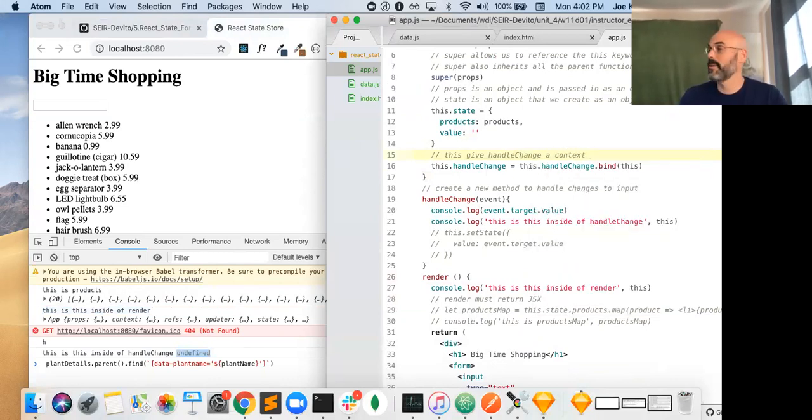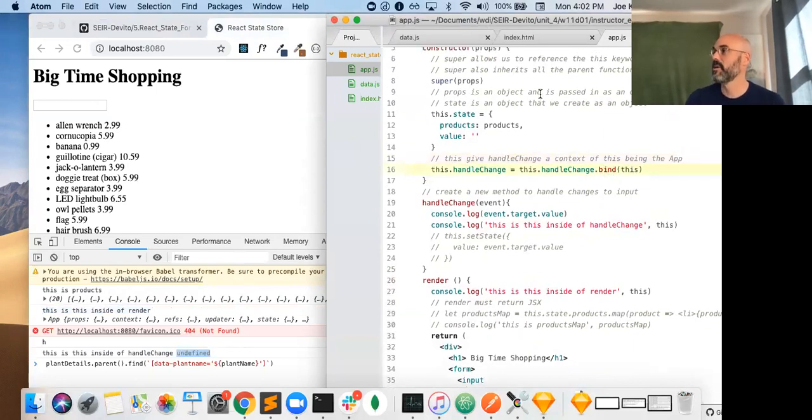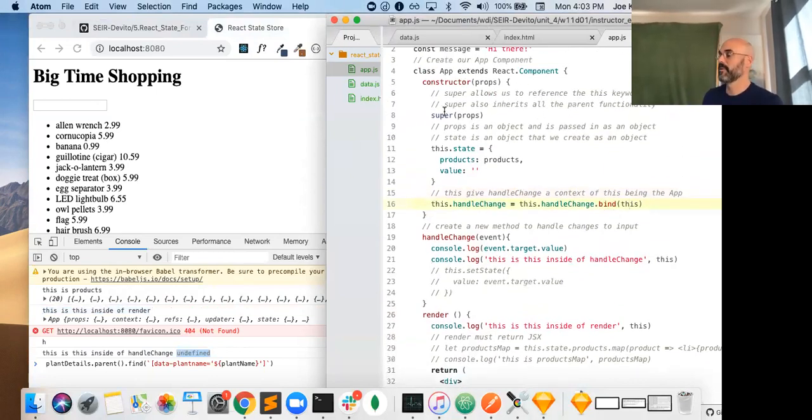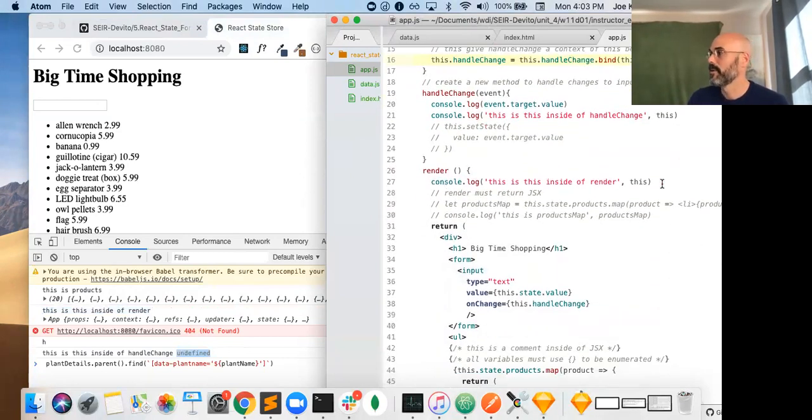Before it was undefined. The context it's passing is the context of this from the app. So the fact that we saw in render, we didn't have to do anything to get render working